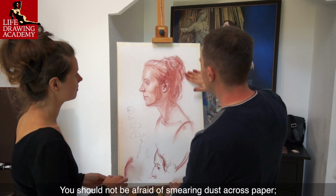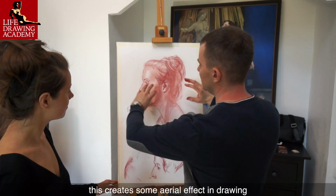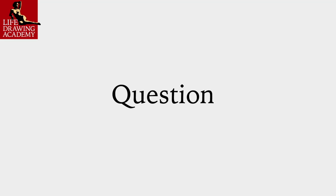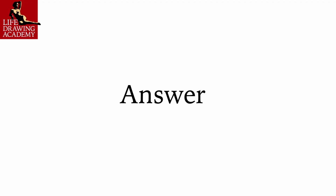You should not be afraid of smearing dust across paper. This creates some aerial effect in drawing. Question: What is more important, lines or tones? Answer: